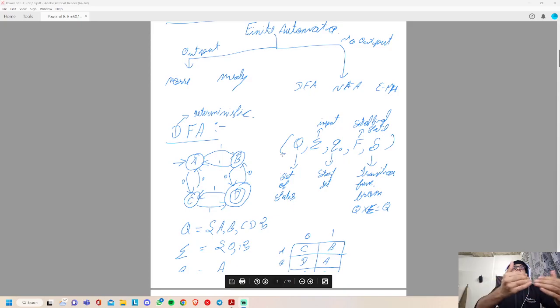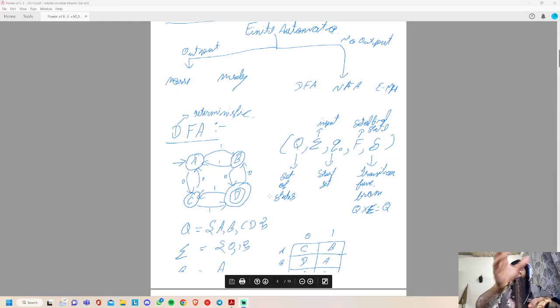Now let's start with DFA. What is DFA? DFA's true meaning is deterministic finite automata. In this, every state is determined to go to a particular state if a certain command is given. Like if we give A a 1, it will go to B; if we give A a 0 input, it will go to C, and it cannot go anywhere else.